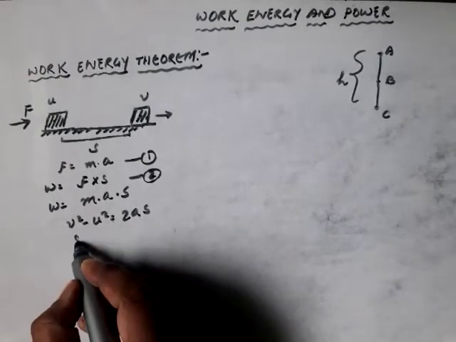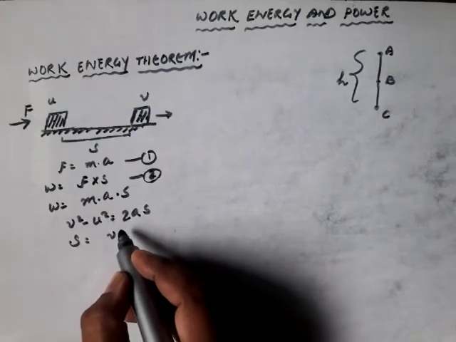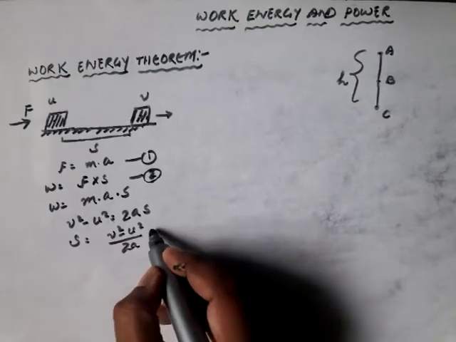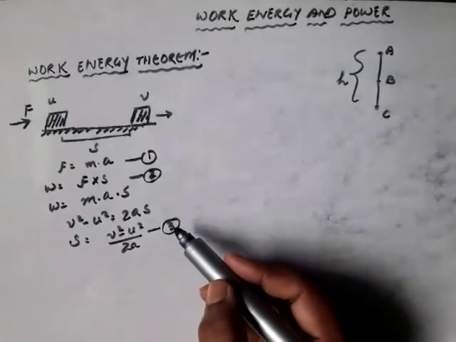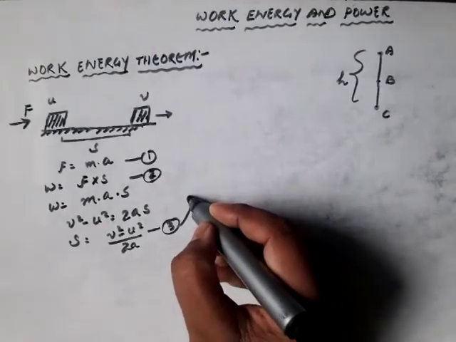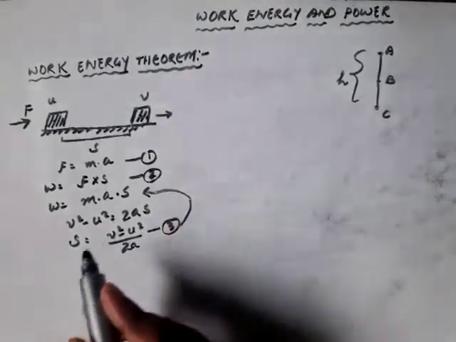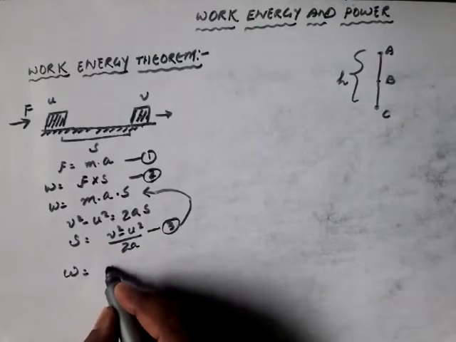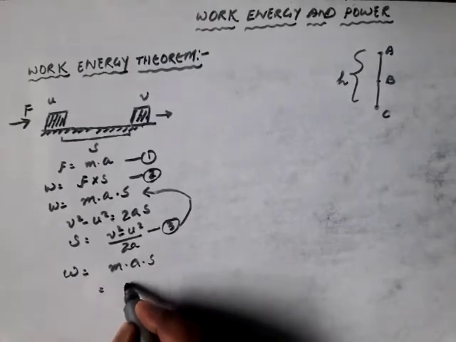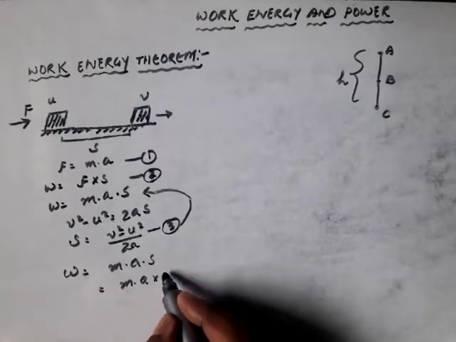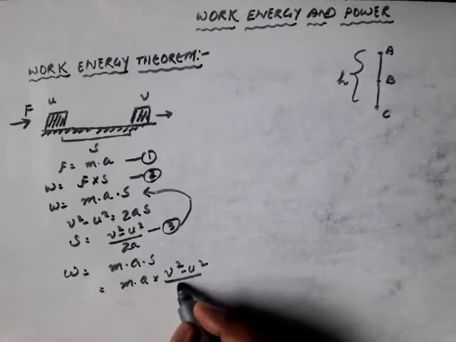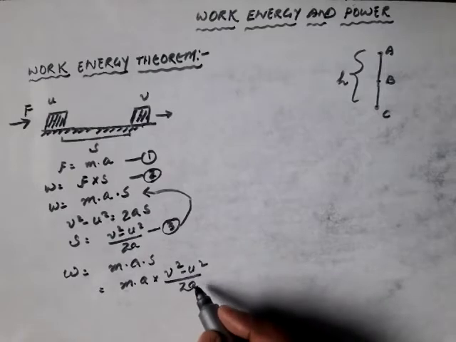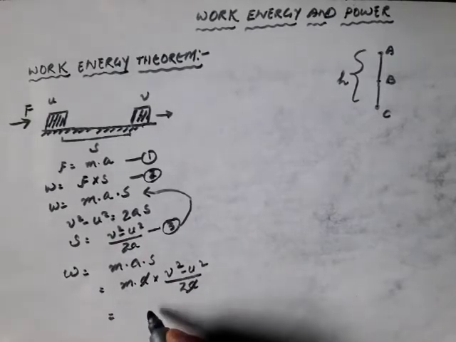How will we find the distance? S will be equal to V square minus U square upon 2A, and this will be equation 3. Now put this equation in this one. So we are writing here, we know that work done equal to M A S, and M into acceleration into the value of V square minus U square upon 2A. So here acceleration is cancelled out, and we can write here that